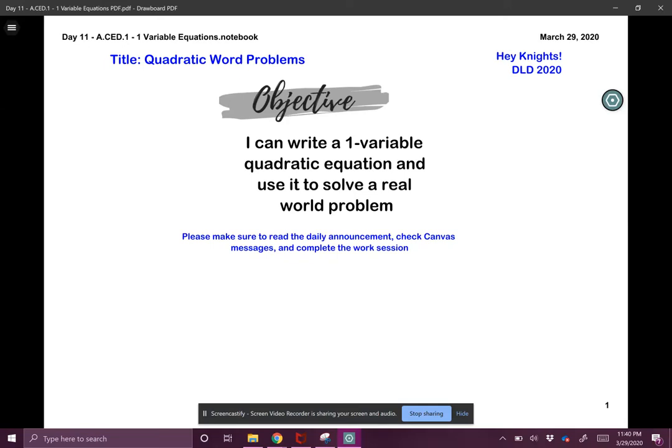This lesson is over quadratic word problems in one variable. Our objective for today is that I can write a one variable quadratic equation and use it to solve a